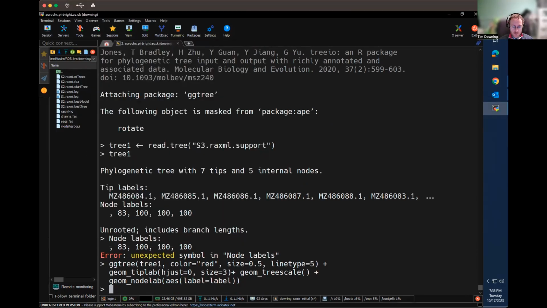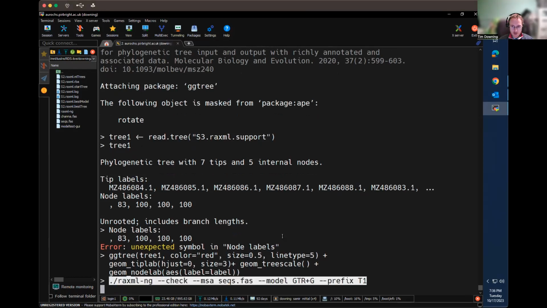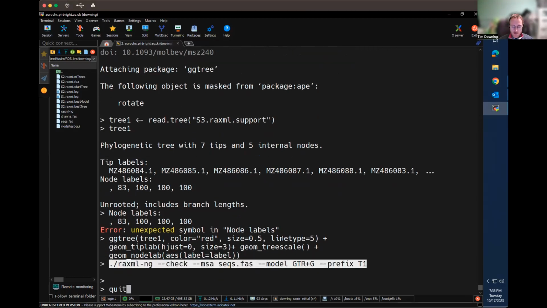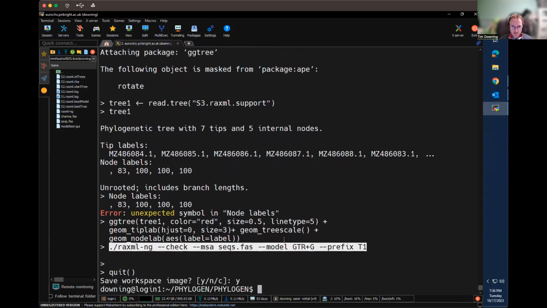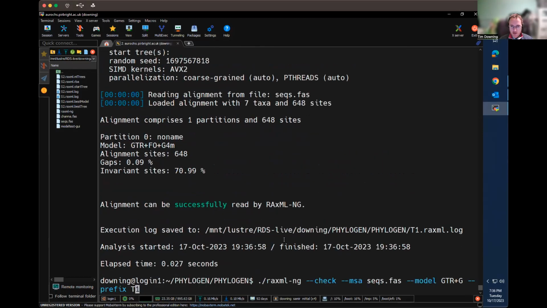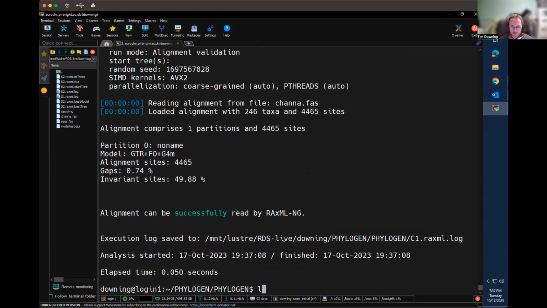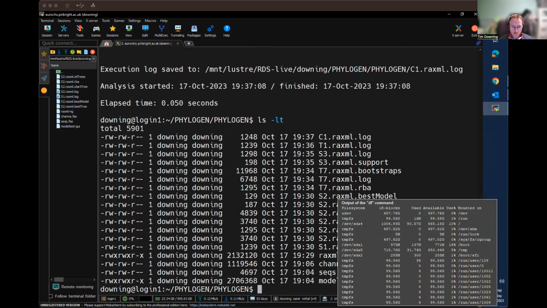A final one would be then to reapply this on the China sequences. So if we do that, we can just modify, need to quit this part. We're going to use C1 as a prefix. We're going to check that the sequences are okay. First of all, China, that runs okay. It's good to go. We can then perform our alignment again using